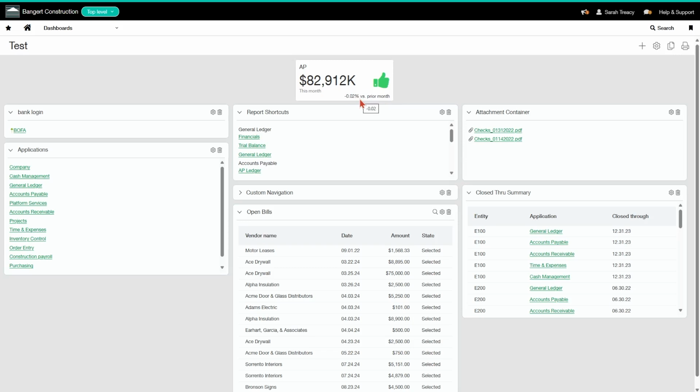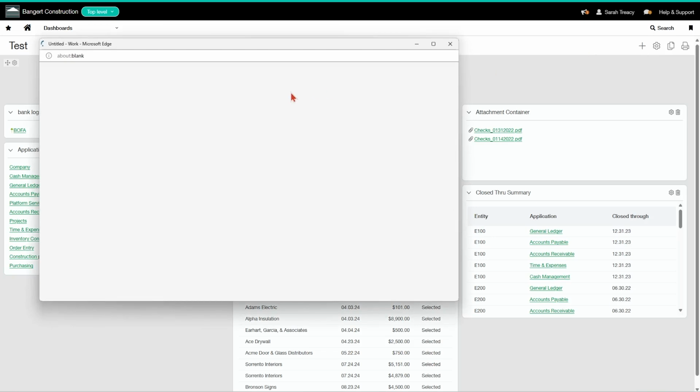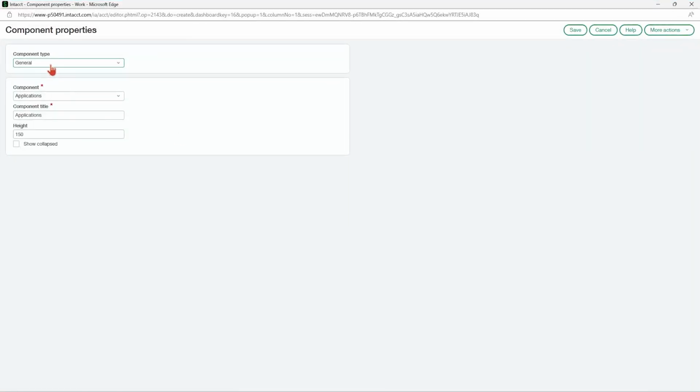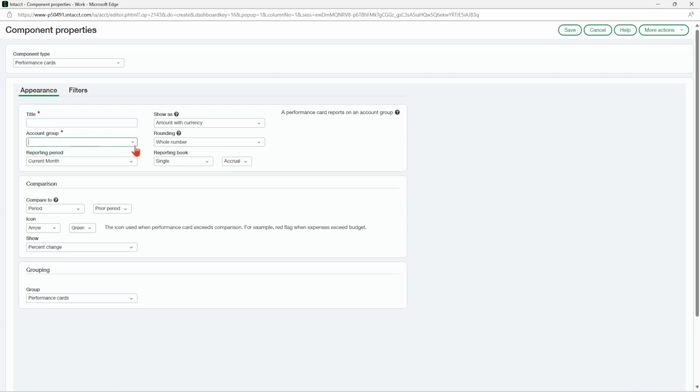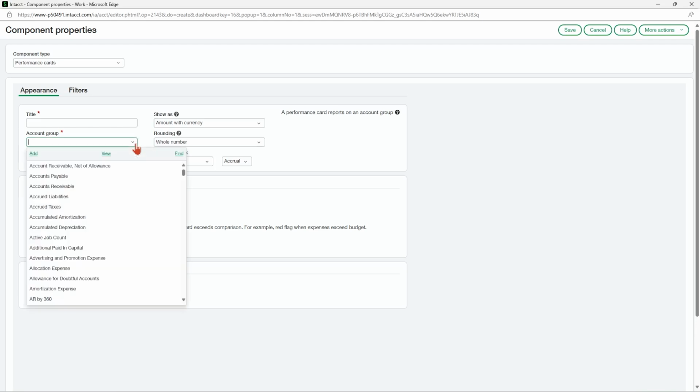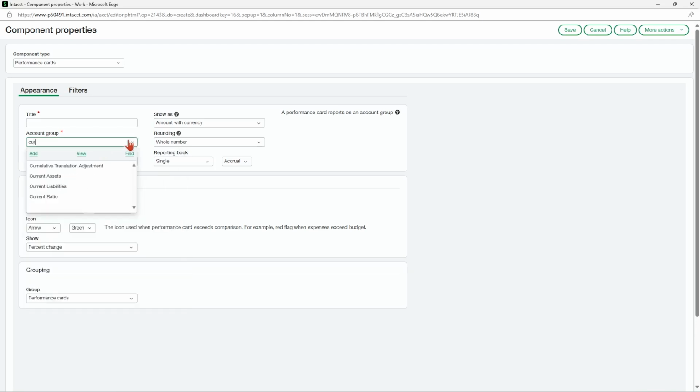I know that's a very general overview of how that works. You really do have to have an idea of how groups work in the system. But I'm going to click into it again and go through some other examples. Another one that we would see all the time is active job count. If you're creating dashboards for your project managers, for instance, you might have active job count by project manager for each one of them. For cash and cash equivalents, you might have so many different options. Another one we would see all the time is your ratios. So current ratio is one.